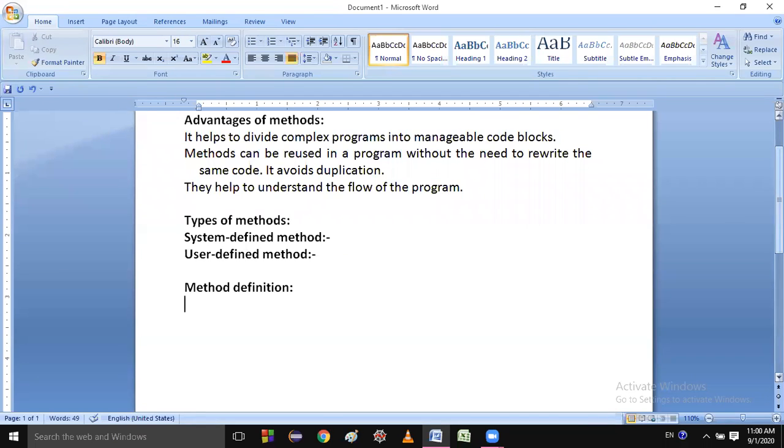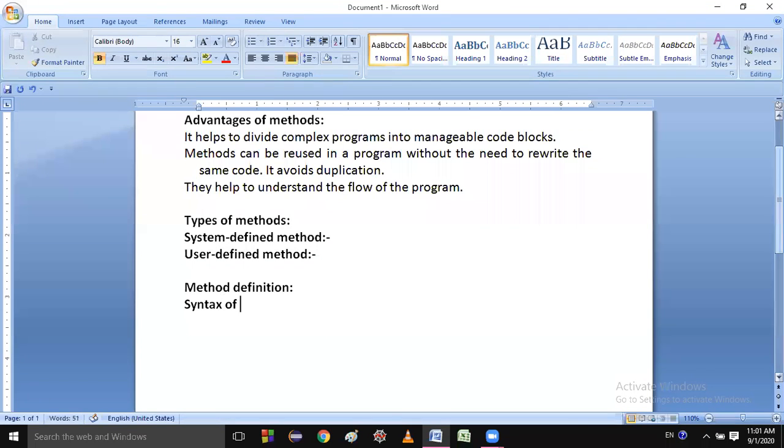So if you are making a user defined method, it will be inside the class, immediately after the curly braces. Suppose you have written the class keyword and class name, then after the curly braces you will start to write the method definitions.